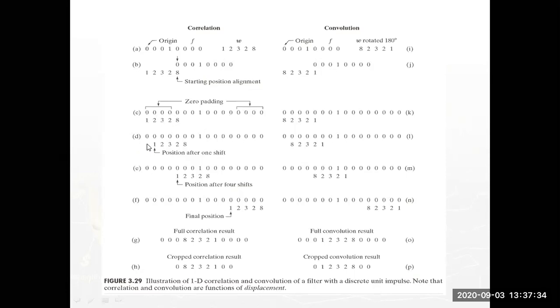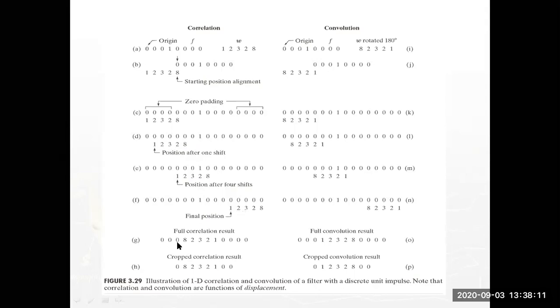Next, for your second bit, if you move the window to the next position, automatically it is shifted. So 1, 2, 3, 2, 8. Again multiply, and you will get again 0. So until you are positioning 1, in the next position you will get 0. After that, you will get 8. So 8, after the next position, and so on, in the final position like this.